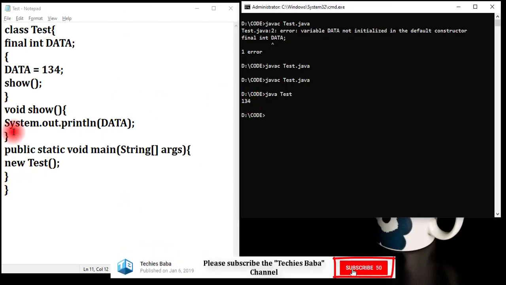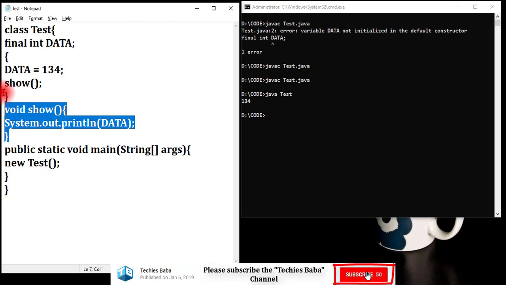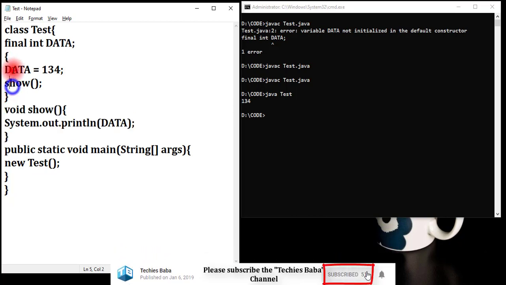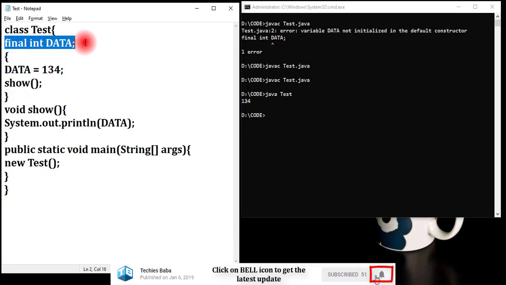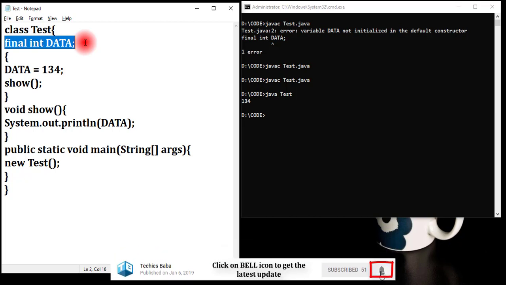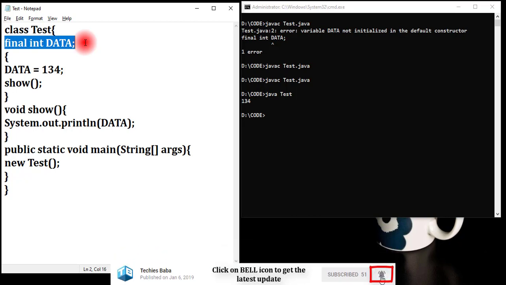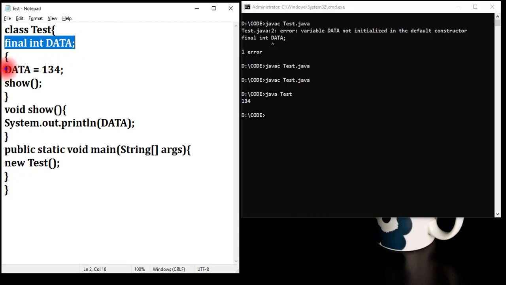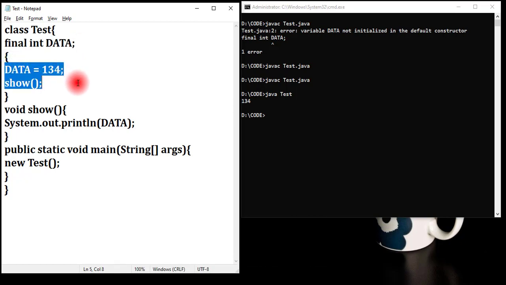Don't think about all this piece of code. Just think about it: I have an instance final variable not initialized in the same statement. I have initialized it and then tried to check the value. It is showing 134.